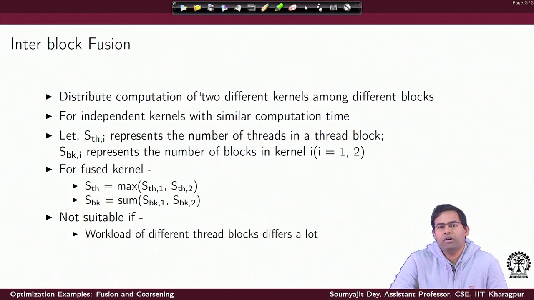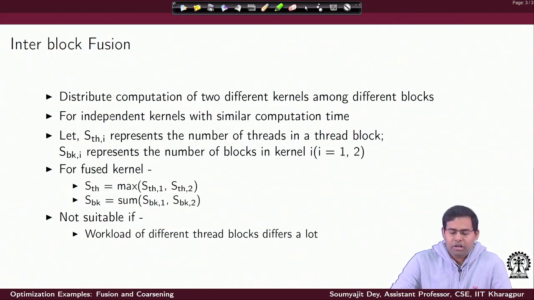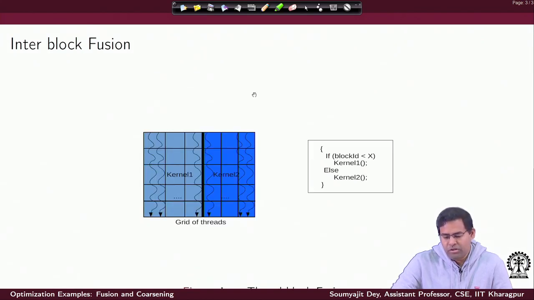Then also we figured out that the kernels we should be fusing should have a suitable amount of load balancing. The data size and the data arrangement should not be too different. Again, a similar thing holds here: we will be fusing independent kernels, but it should not happen that they have dissimilarity in terms of computation time. Let's look at the situation. Why is it so? Let us say kernel 1 is a heavy kernel and kernel 2 is a lightweight kernel.